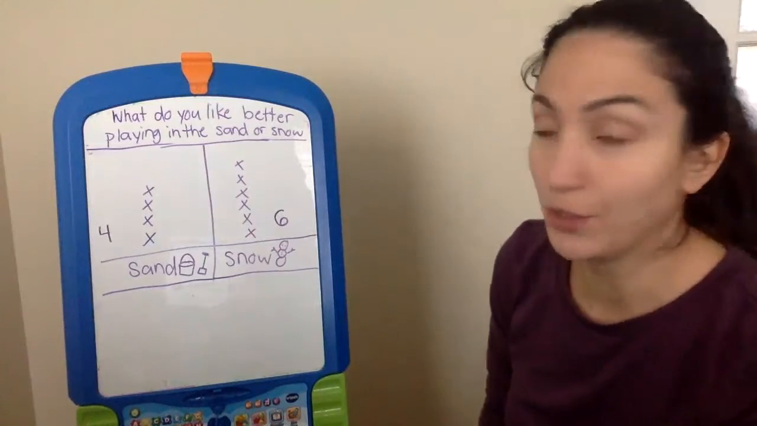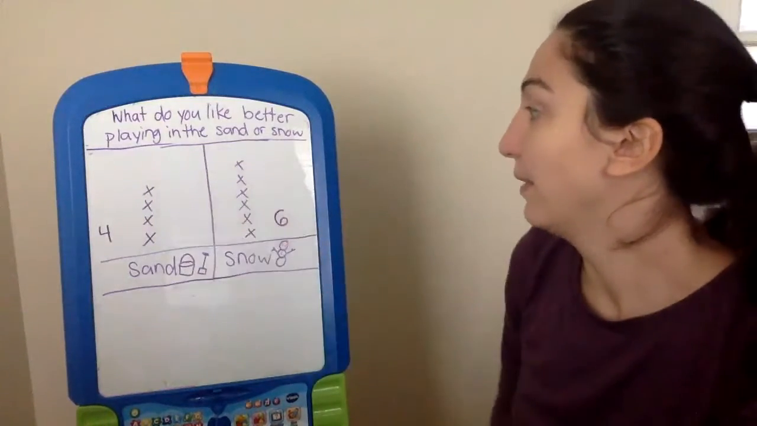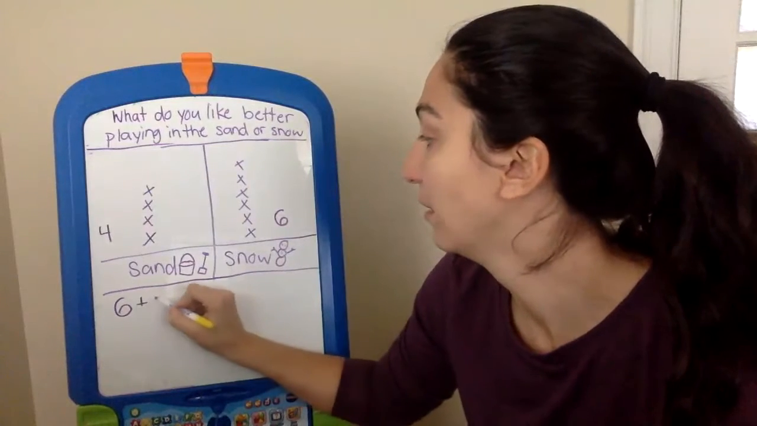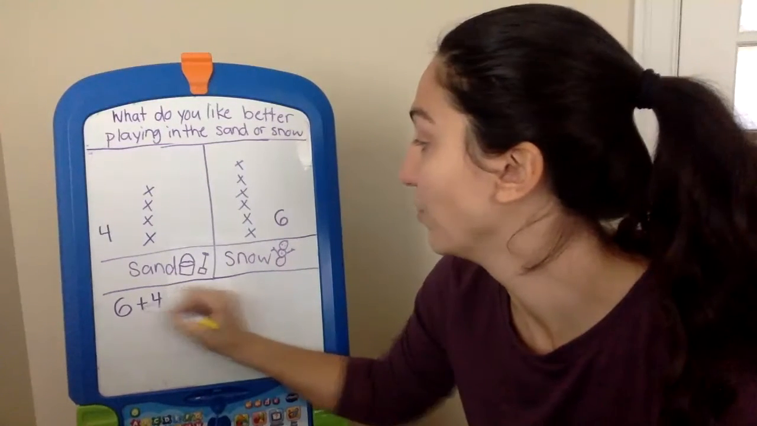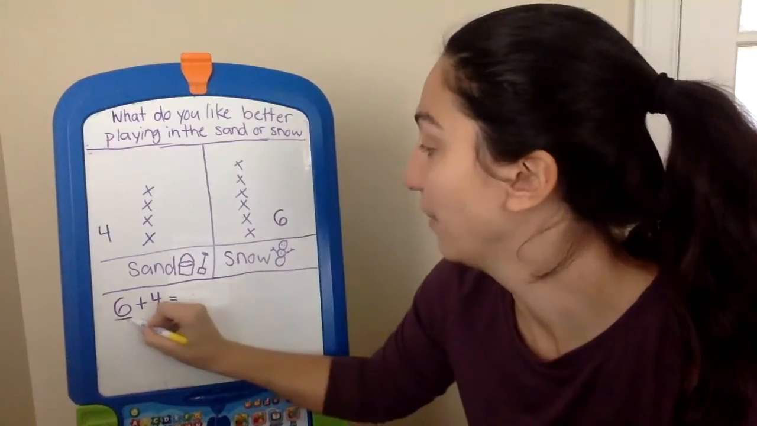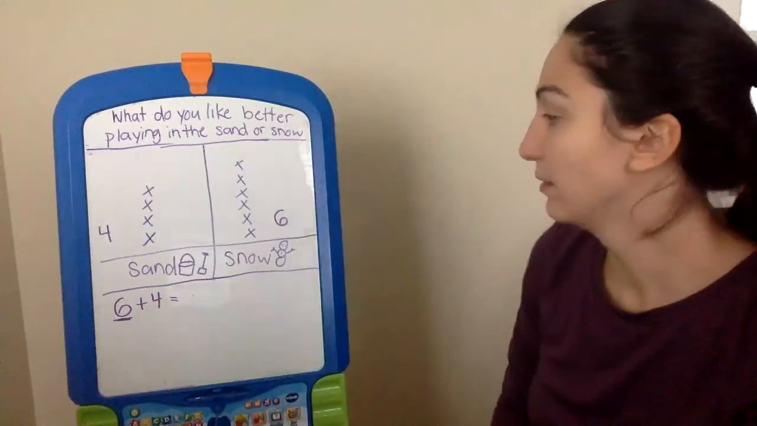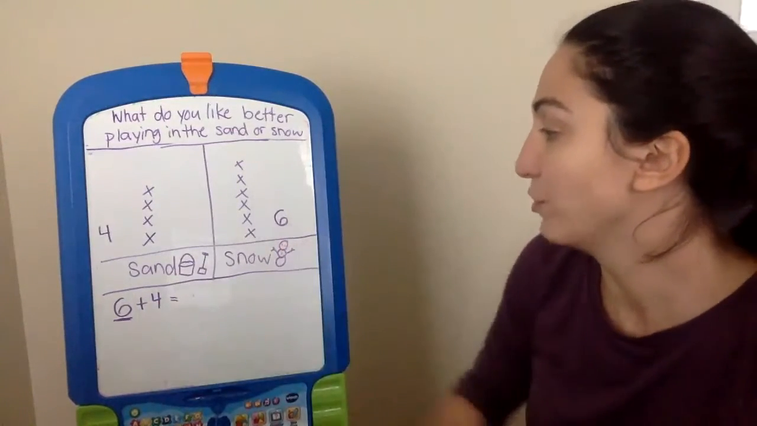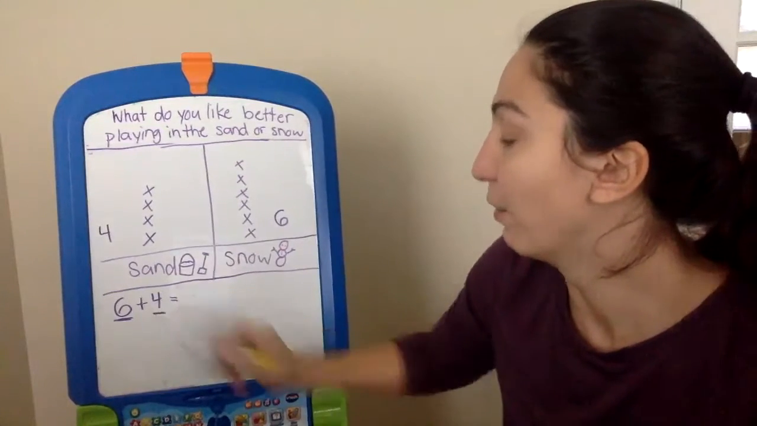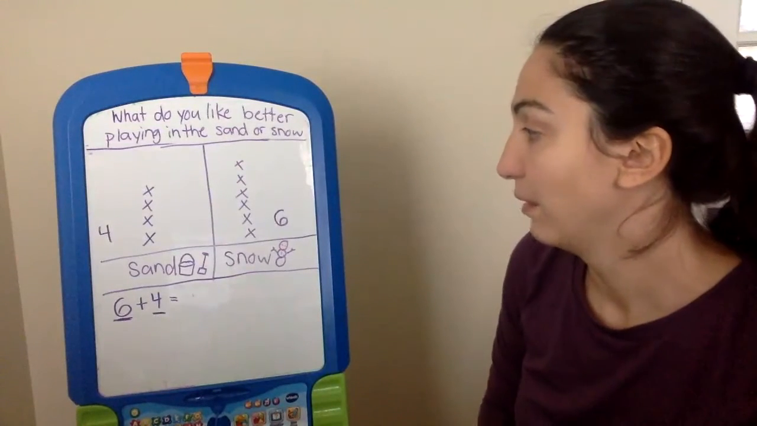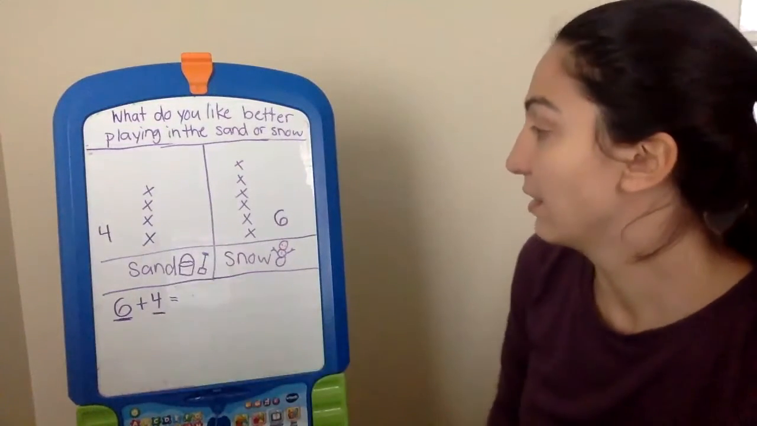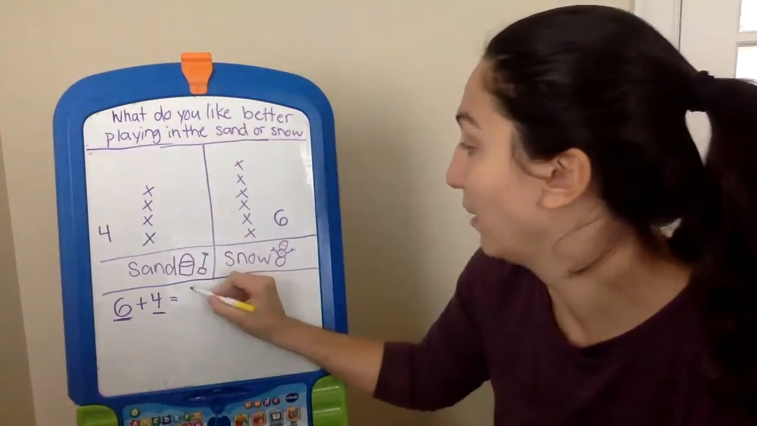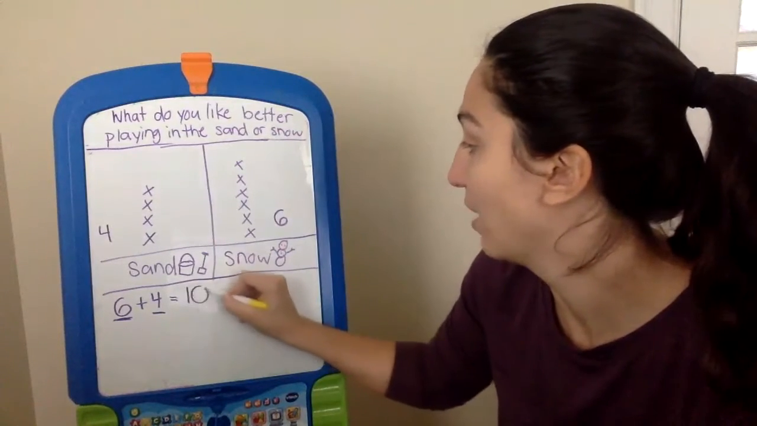So there's two ways that you can do this. You can count all the X's, or I can make my equation. Who can tell me what the 6 represents? Okay, so the 6 represents the number who chose snow, and what does the 4 represent? And the 4 represents the number of people who chose sand. Okay, and my total is 10. So 10 children